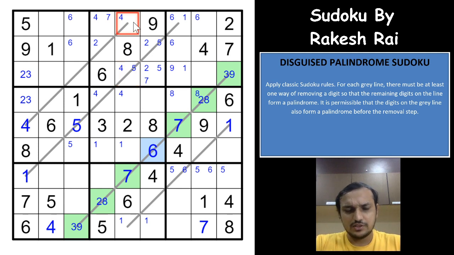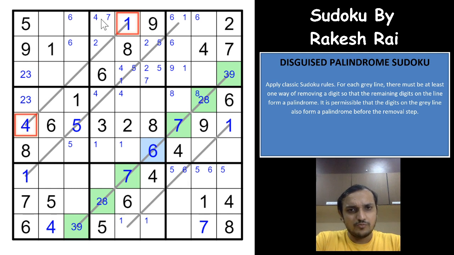So what happens here is, I'll just say you what the idea is. If you have 1 in one of these two cells, so whenever you have something like that in the disguised palindrome, that opposite two ends of the line are different digits, so one of them will have to be wrong, all the other will have to be correct, right? So for example, if you have 1 here, both of these cannot be correct on the line, because of course they are not reading same from both the directions. From this direction you have the 1 as the first cell, and from this direction you have 4 as the first cell, right? And if you have a 1 here, one of these will have to be wrong, right?